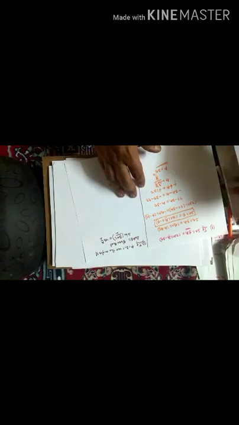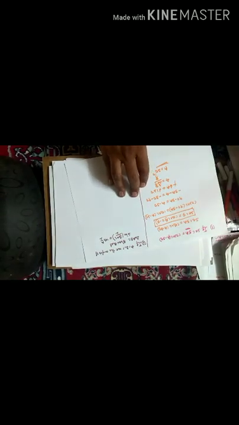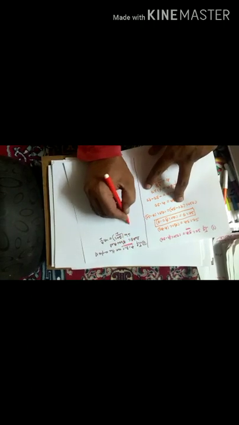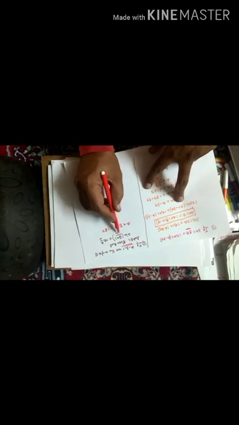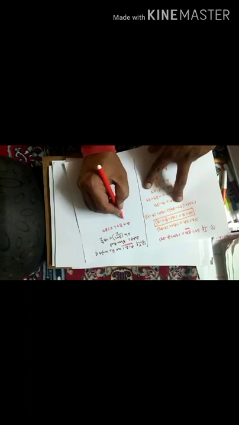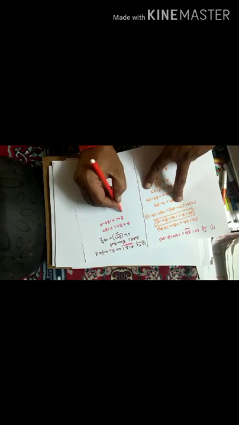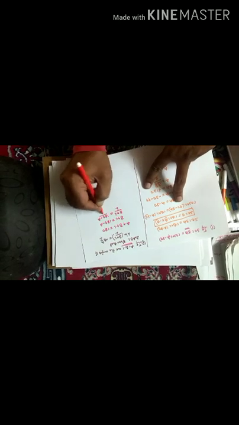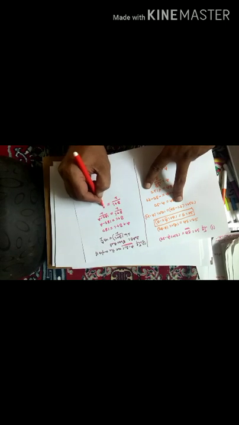In this question one piece of information is given, that A, B, C are the interior angles of a triangle ABC. Then you want to show that sin (B plus C) by 2 is equal to cos A by 2. If these three are the interior angles of the given triangle, then we can say that A plus B plus C, the sum of three interior angles, is equal to 180 degrees. Here I want to prove sin (B plus C) by 2, so you send A to that side. So B plus C is equal to 180 minus A. Both sides you divide by 2, then you will get (B plus C) by 2 is equal to (180 minus A) by 2. So (B plus C) by 2 is equal to 90 minus A by 2.